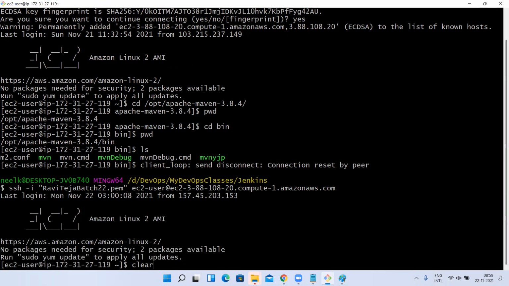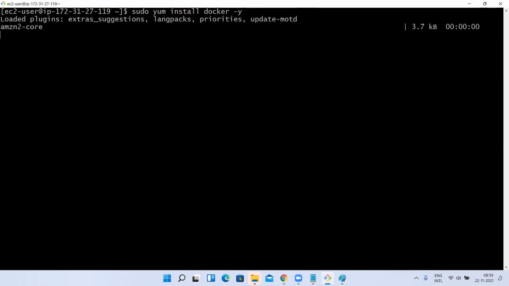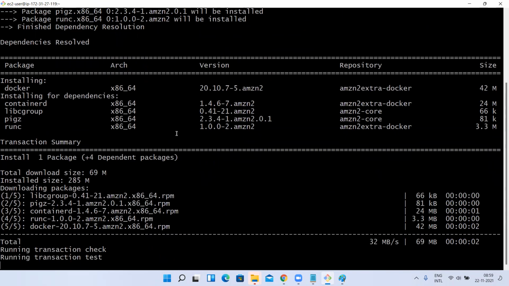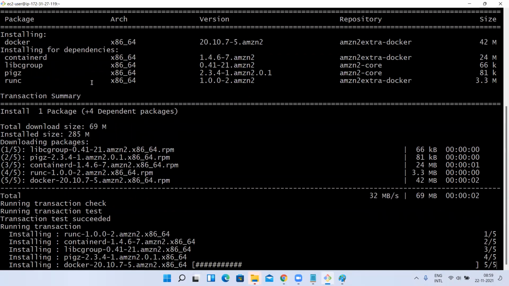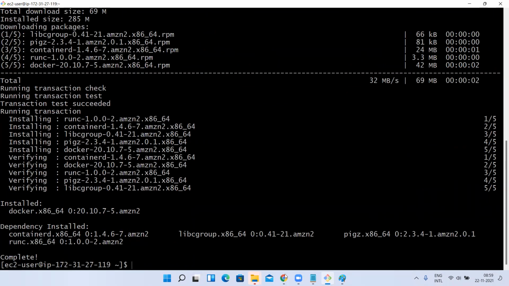Okay, so now sudo yum install docker -y. You observe this. I'm installing Docker on my Linux instance. Okay, done. I installed Docker.